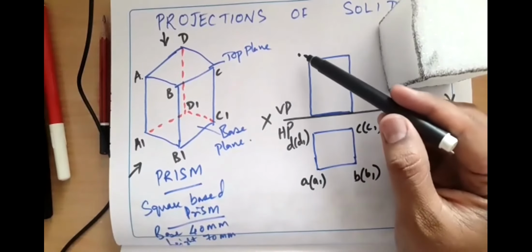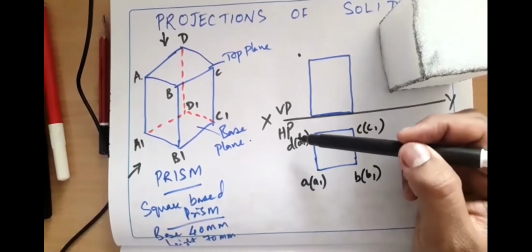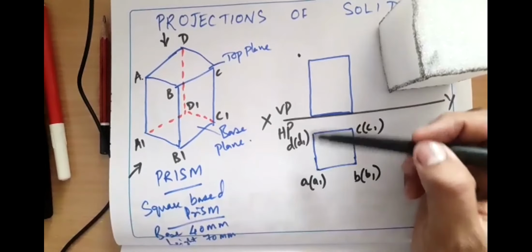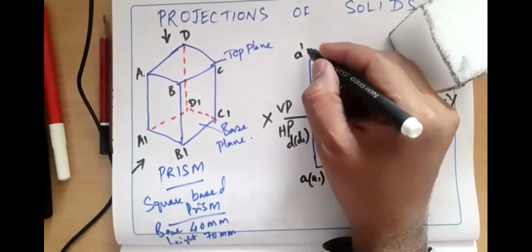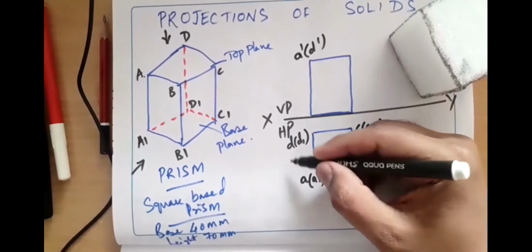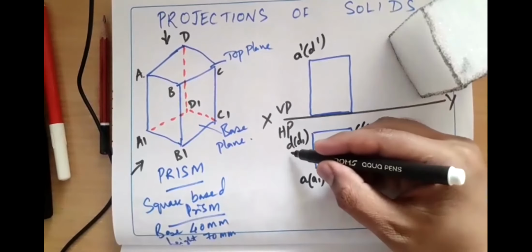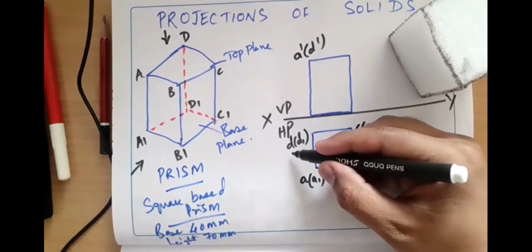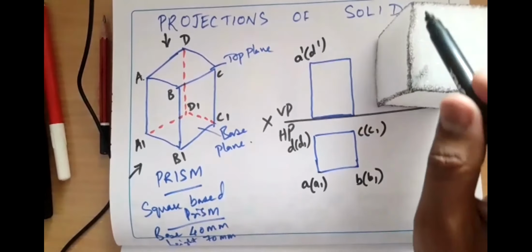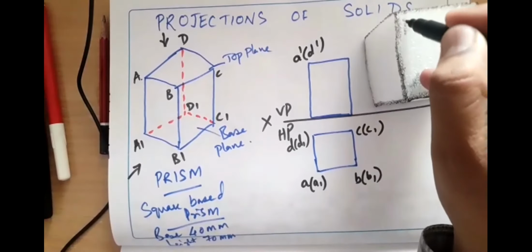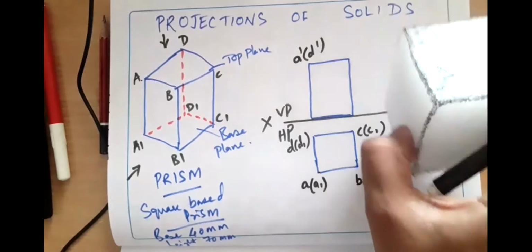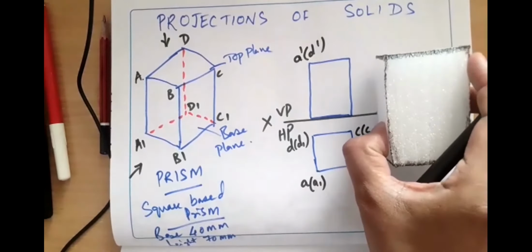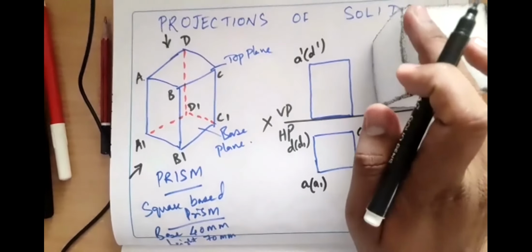A dash of D dash. See, very important. A dash of D dash: the A outside the bracket, whatever is inside, A of D. Got it? Which is represented here. See, imagine this is D and this is A. When I look at it from the front, first I am seeing A and then I am seeing D. So it will be a of d.